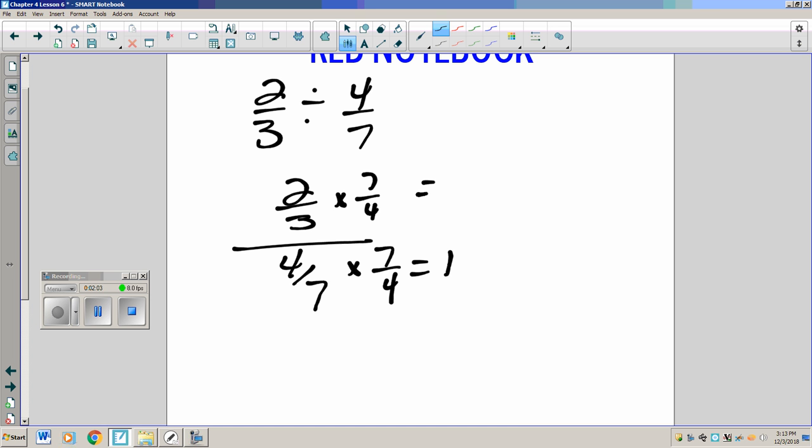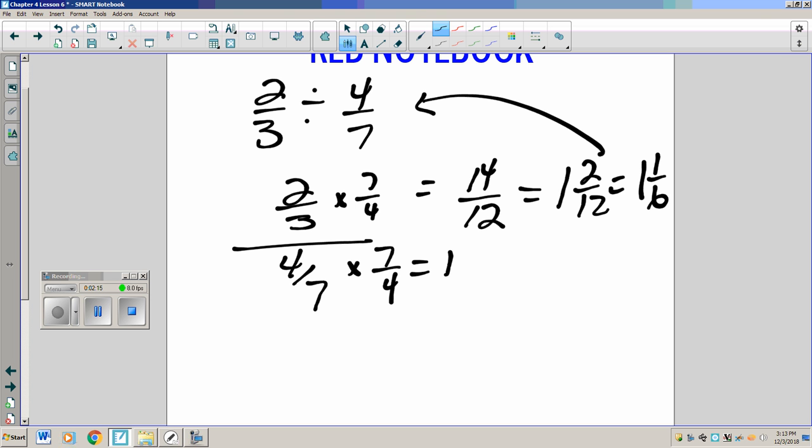2/3 times 7/4 would be 14/12, which is 1 and 2/12, which is 1 and 1/6. 2/3 divided by 4/7 is 1 and 1/6. We're not going to do it this way in the class. I just wanted you to see it. The way we're going to do it,